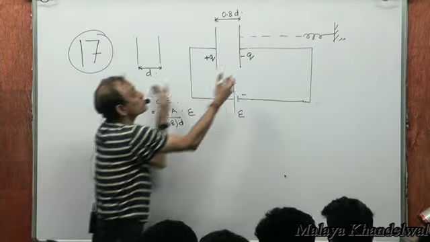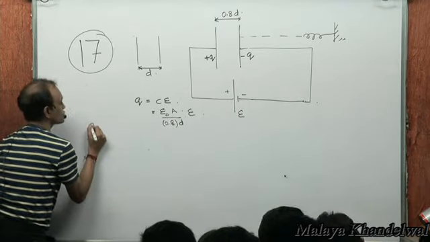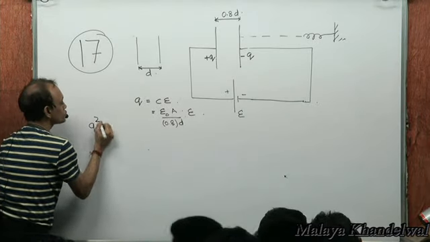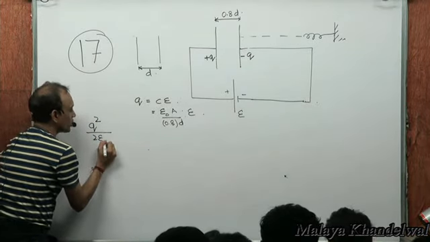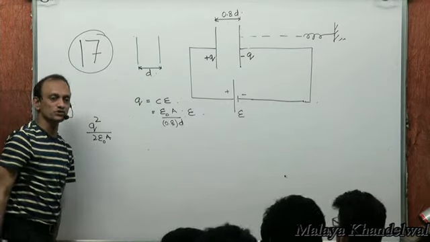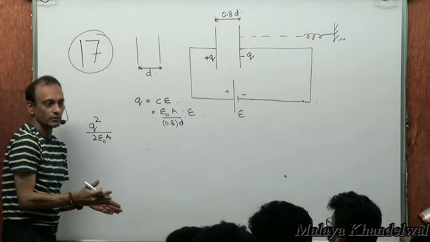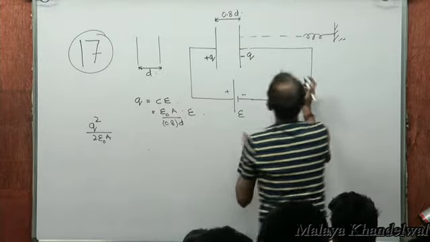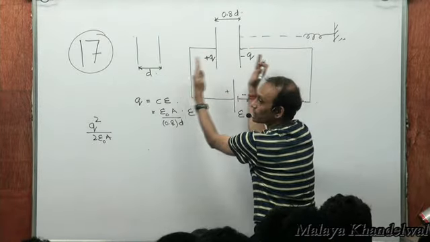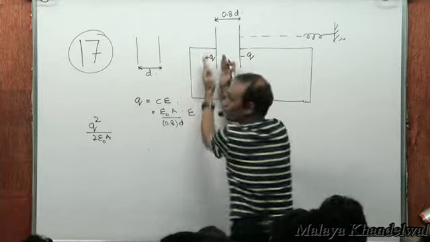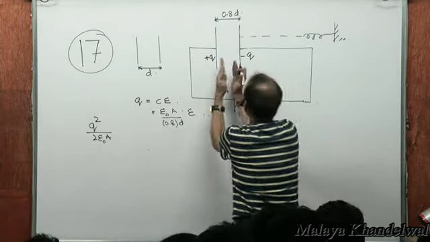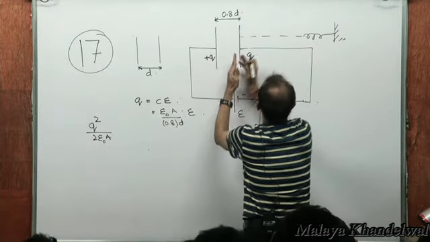Now, what's the force of attraction between the two plates? The force of attraction, this Q is known, is Q squared by 2 epsilon naught A. Remember this result? That's the force of attraction between the two plates, right? And when the plates come closer together, from D it will become 0.8 D, right? So that means if they come together, there would be